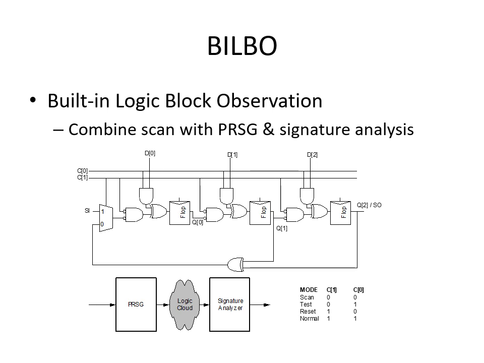In scan mode, that is when C1, C0 is 0, 0, the flip-flops are configured as a 3-bit shift register between SI and S0, that is serial in and serial out. So the input is SI and the output is S0. In test mode, that is when C1, C0 value is 0, 1, the register behaves as the pseudo-random sequence generator or signature analyzer.